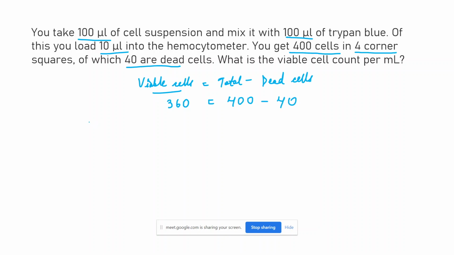Now we have 360 cells. In the question, they have only taken these 4 coordinate squares. So we have 360 viable cells